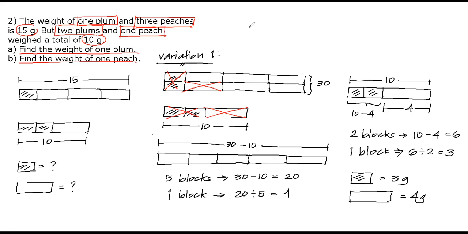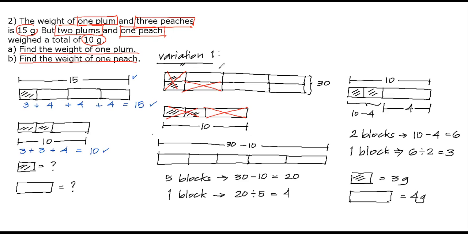What will happen here is, suppose you were about to substitute these. This is 3, this is 4, this is 4, this is 4. Get the total. It has a total of 15. Correct. Very good. Now 3 plus 3 plus 4 equals 10. Once more, correct. Meaning it is already proven that the answer is 3 grams and 4 grams.